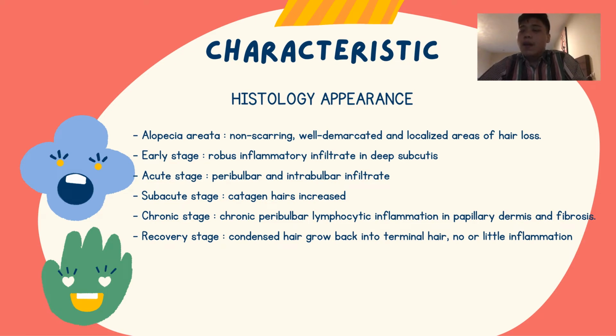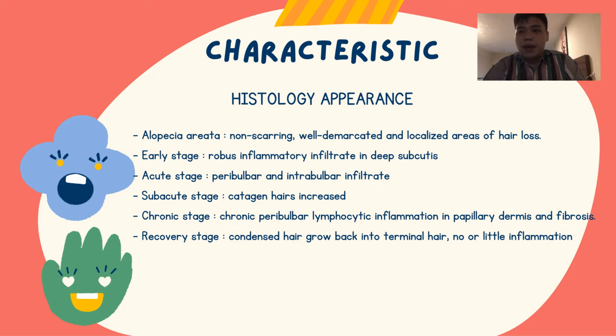It consists primarily of T cells, but Langerhans cells, eosinophils, mast cells, and plasma cells can also be found. In the acute stage of alopecia areata, both vertical and horizontal sections of the scalp biopsy show a peribulbar and intrabulbar infiltrate. In the subacute stage, the horizontal sections reveal an increase in the number of catagen hairs. The number of telogen hairs also continues to increase, and at the same time, the terminal hairs decrease and the